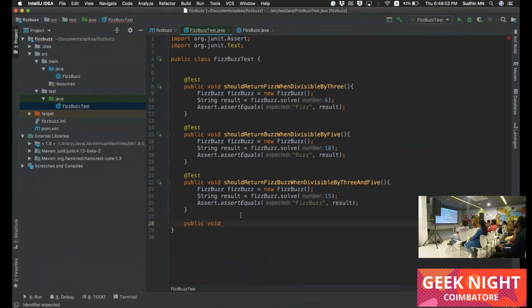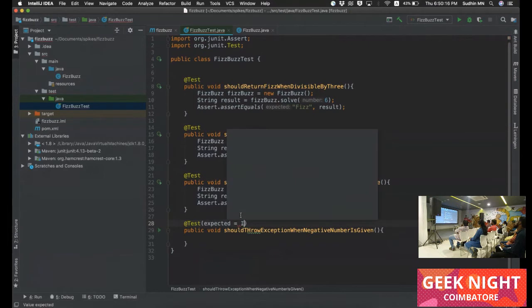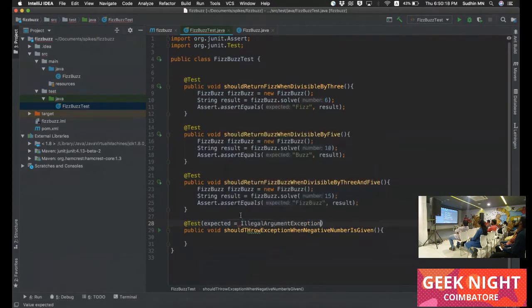Those cases we can also cover. Exception when number is given, expected exception.